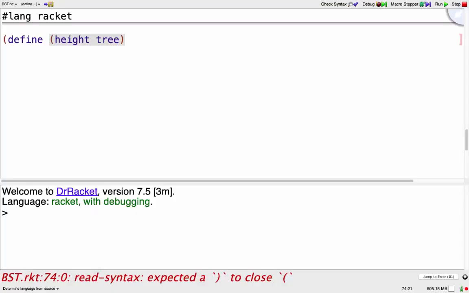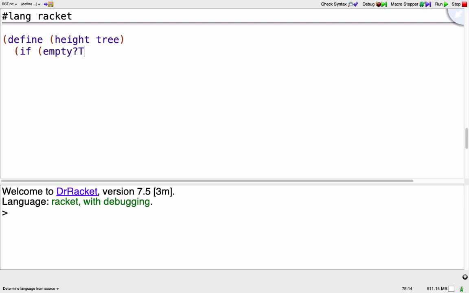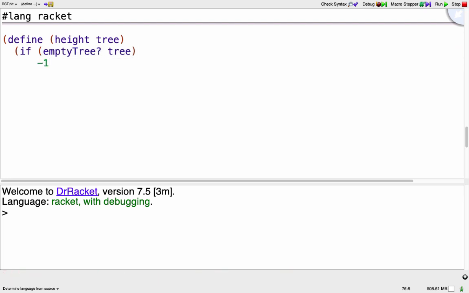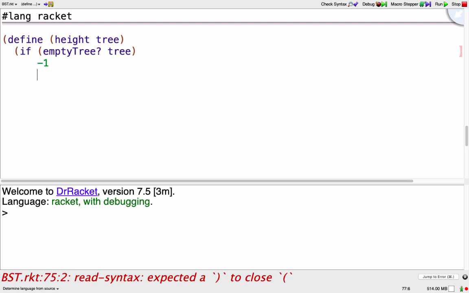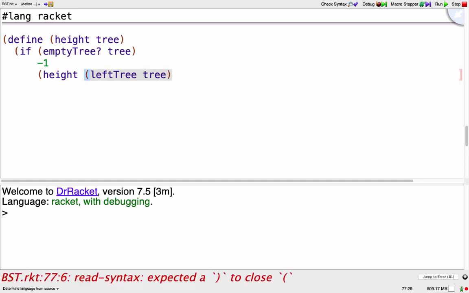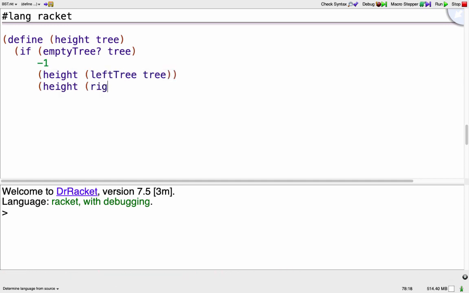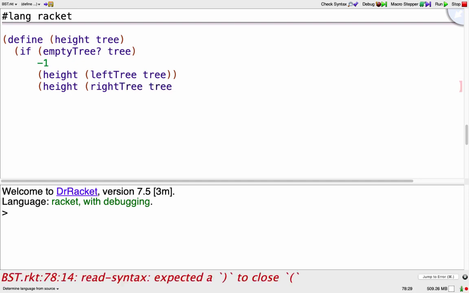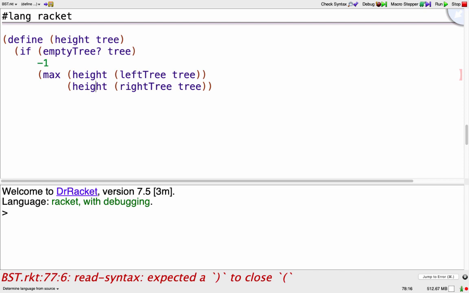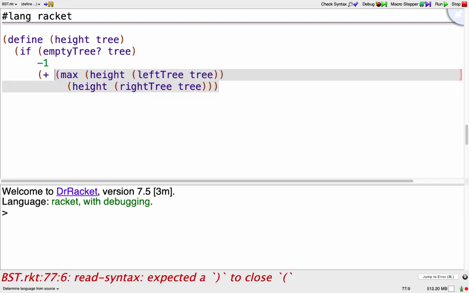Okay, so hopefully you paused it, but I'm going to come here and work on writing height in Racket. So remember, if I was an empty tree, if the tree was an empty tree, then I want to return -1. It's a little bit strange, but that was the height of an empty tree. Otherwise, I'm going to call height on my left tree, and I'm going to call height on my right tree, or my right subtree. I want to take the max of those two values, and then I'm going to add 1 to the max